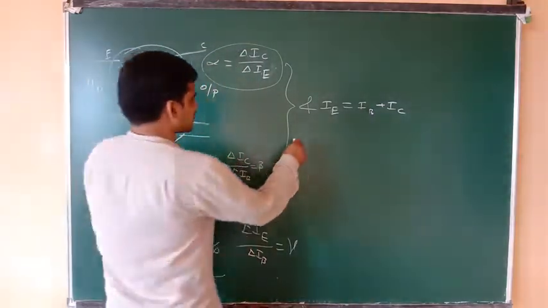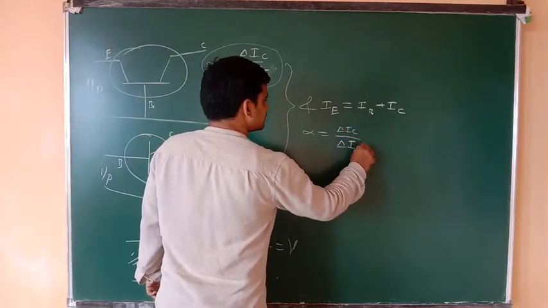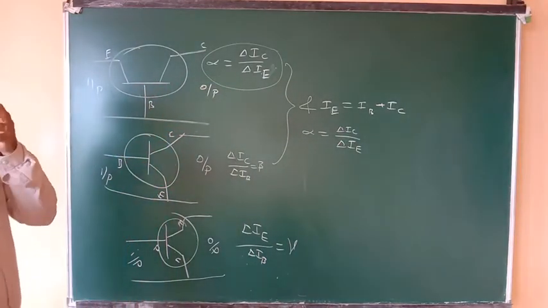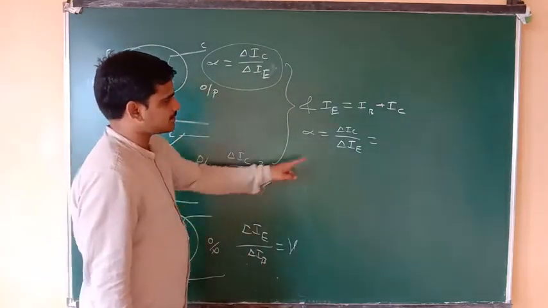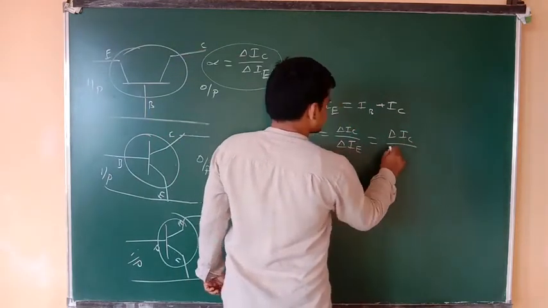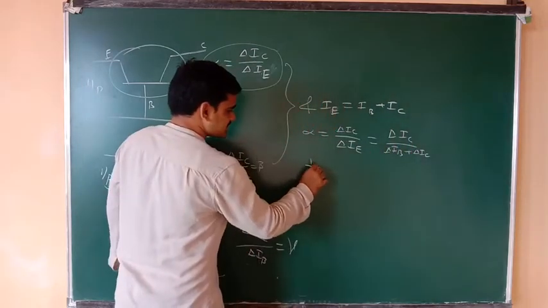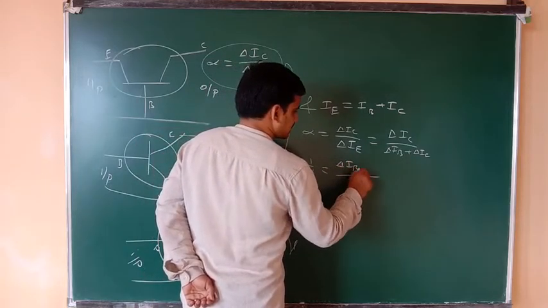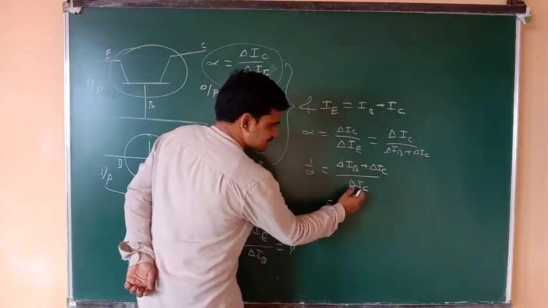Okay, what is alpha we have here? Change in collector current by change in emitter current. Delta IC indicates a change, okay? Alpha is delta IC by delta IE. I want it in terms of beta, so I have to eliminate this IE. So in the place of delta IE, I can write this expression as delta IB plus delta IC. Correct? Now I'll write this as 1 by alpha. 1 by alpha is equal to delta IB by delta IC plus delta IC by delta IC. Just split it here.